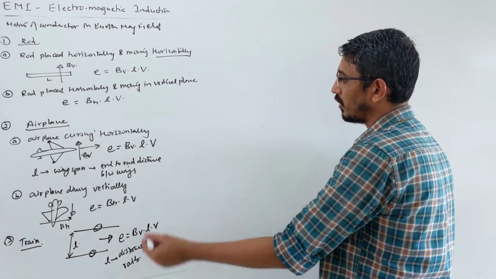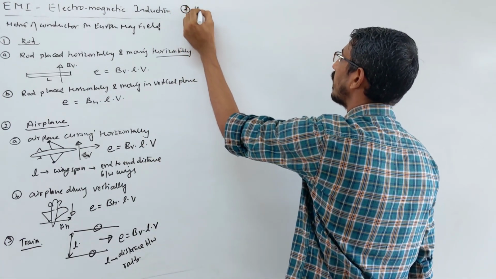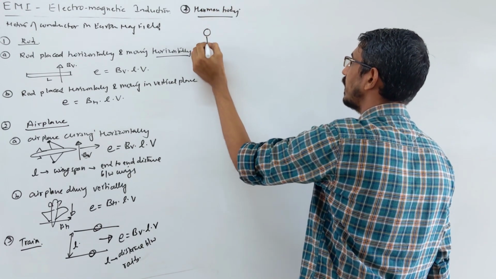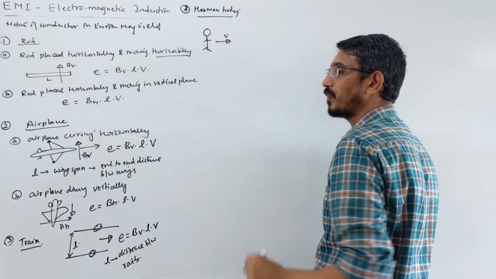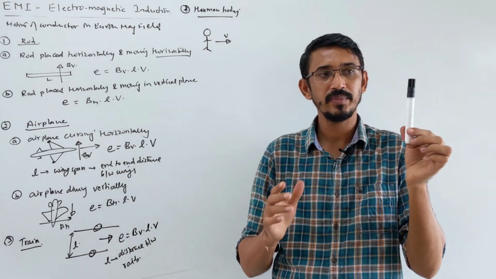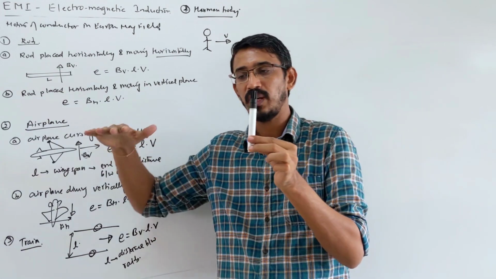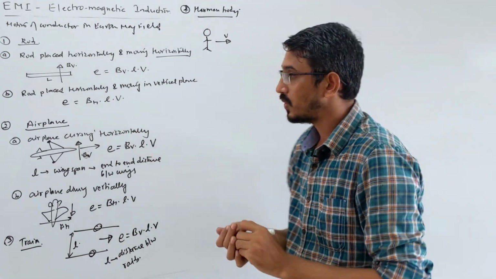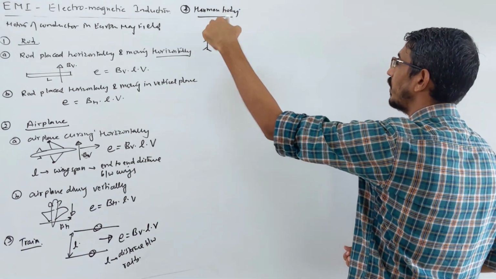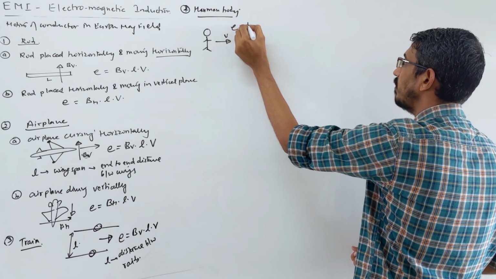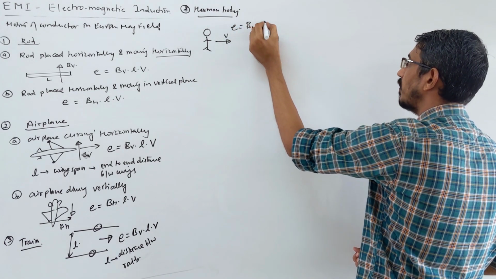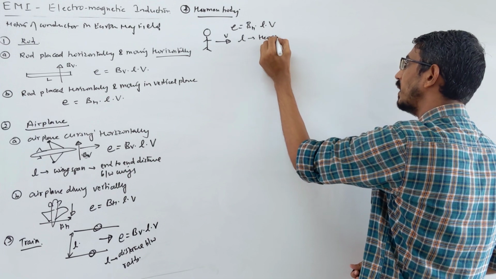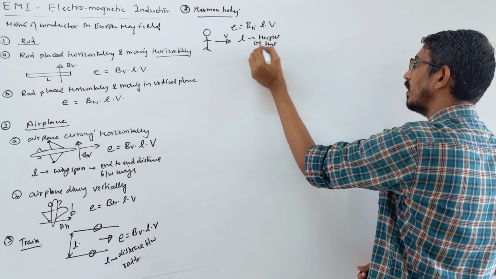Okay, you can talk about a human body example also. Some body is there and he is running like this way, okay. The man is vertical, standing and running. Then what field do we need? We need a horizontal field to cross it, right? Yes, not vertical, horizontal field we need. So EMF will be induced across the length of the human body. So how do you write the EMF induced? You say B horizontal, length and velocity. Here length will obviously be the height of that person who is running.